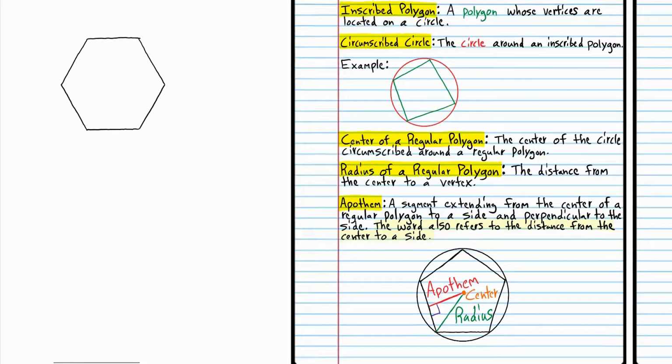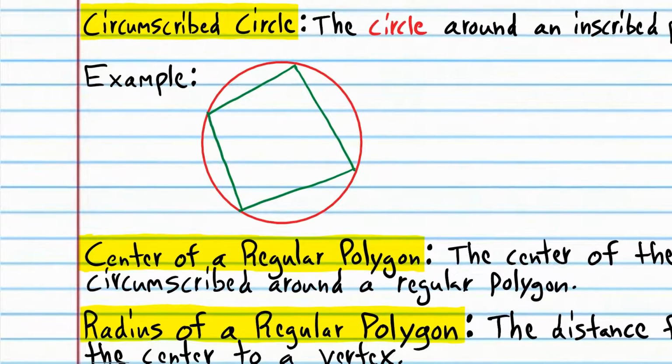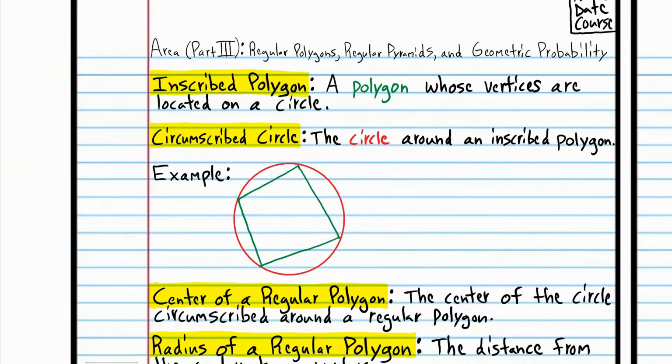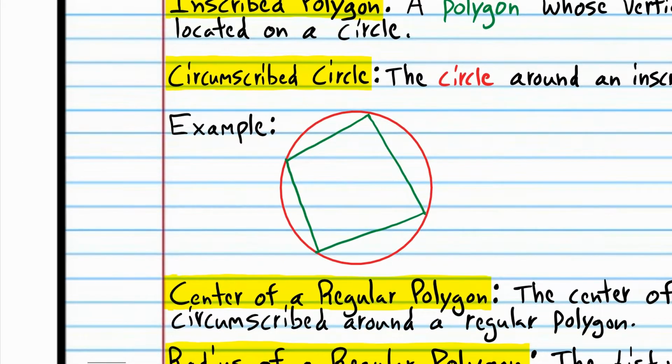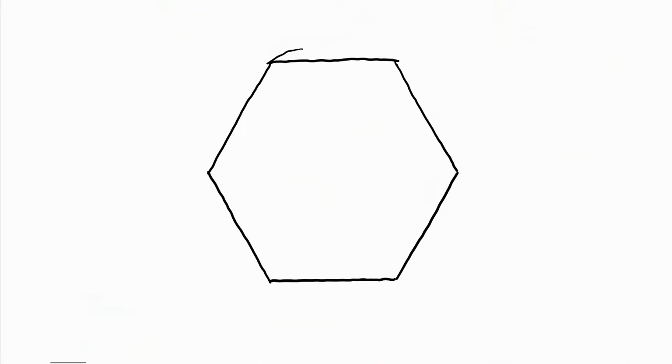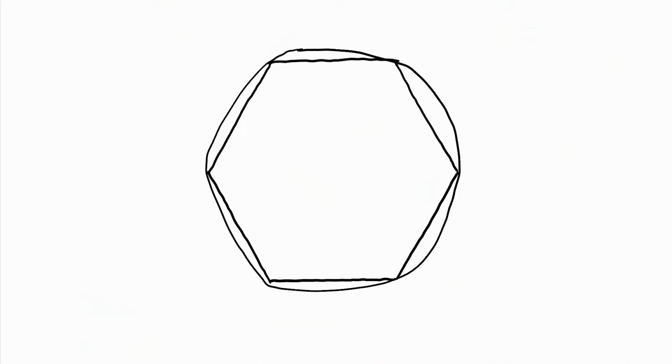Well, if you draw a polygon inside a circle, that's called an inscribed polygon. Inscribed means inside. And the circle around it, the circle on the outside, is circumscribed. So circumscribed means outside, whereas inscribed means inside. So this is a circumscribed circle. And if you draw a circle around a regular polygon, this is not a regular polygon, this is just a random polygon. But if you draw a circle around a regular polygon, that's not a perfect circle, obviously, but the